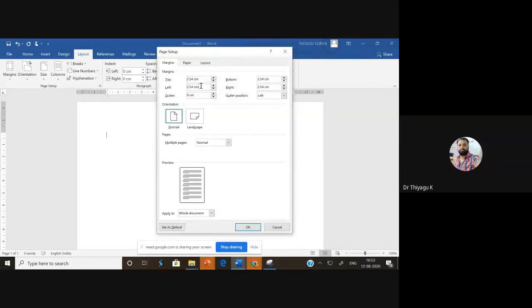But I like to go with a left margin of 1.5, particularly for dissertation purposes. I am talking about research purposes, or a report, or a thesis you want to submit. The left margin you can keep at 1.5 inches. The right you can go with 1.3 inches or 1.4 as you like.